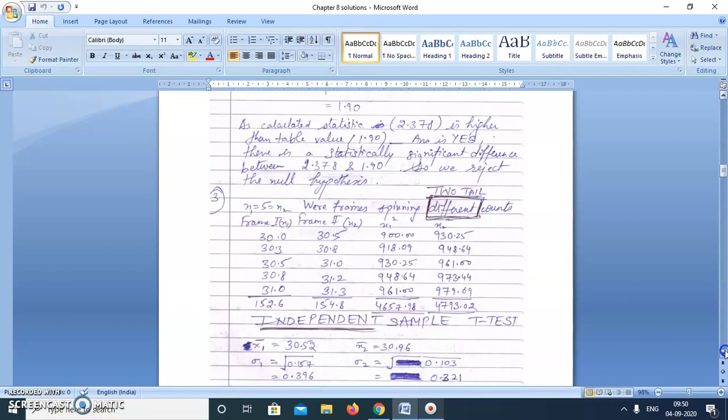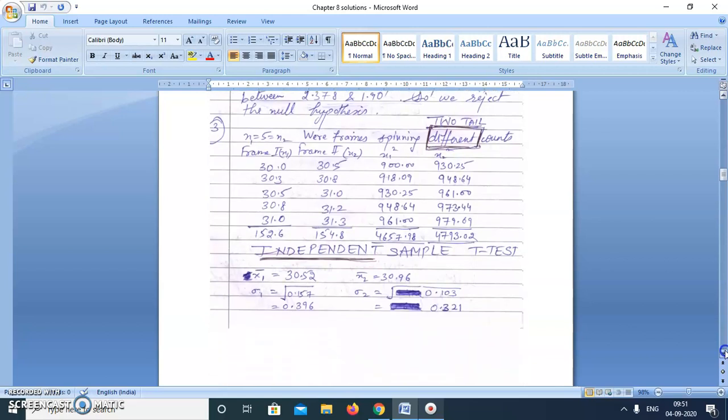Now we move on to third question. In the third question, 2 spinning machines were nominally spinning the same count of yarn. 5 bobbins were chosen at random from each frame, and the linear density index of each was found. Now this question is about 2 spinning machines which are independent. So this test comes under independent sample t test. We have to calculate the difference between 2 means. Now 2 datas are given where n1 is 5 and n2 is also 5, and we have to calculate the mean of both the datas and standard deviation of both the datas.